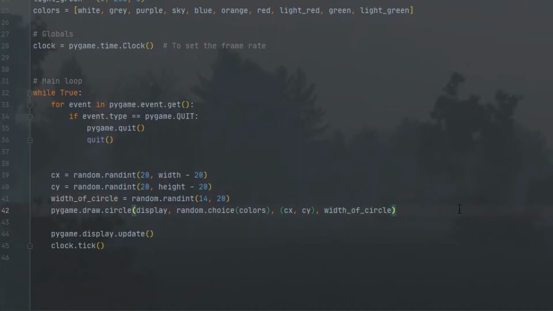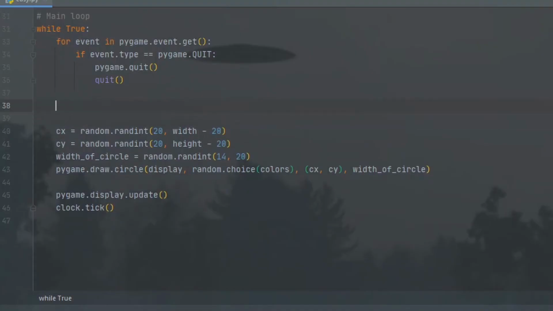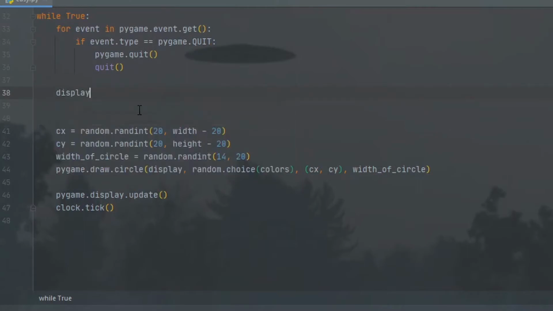Okay, so now we have this done. I think we can now save and run this. Let's check. This is not what we want, but that's pretty cool. We actually have to fill the screen with black before we do this. Fill with black. It doesn't keep doing that every time, but you can see that it's still in circles all over the place. So to fix that,